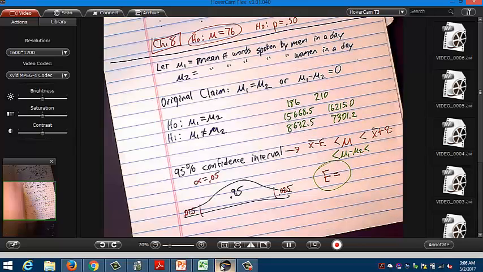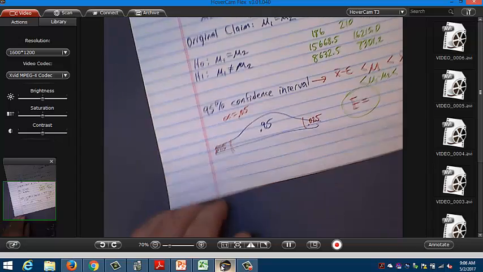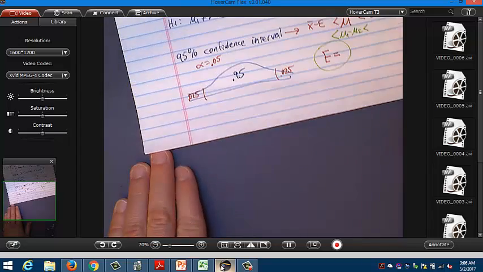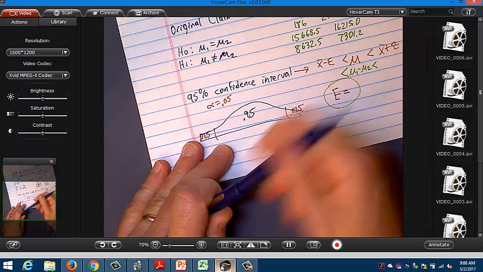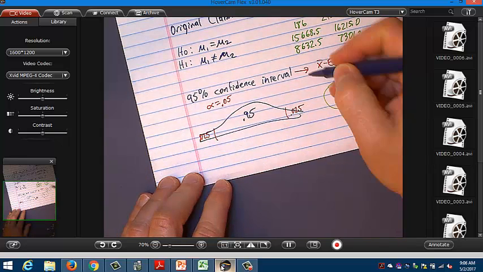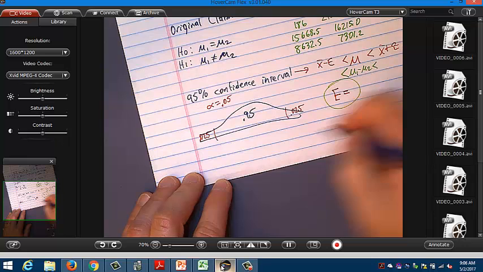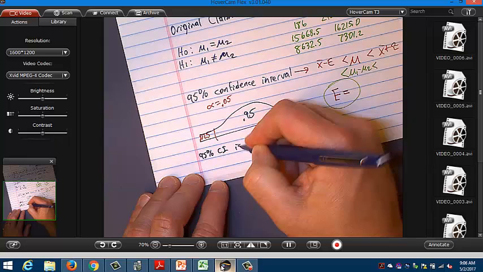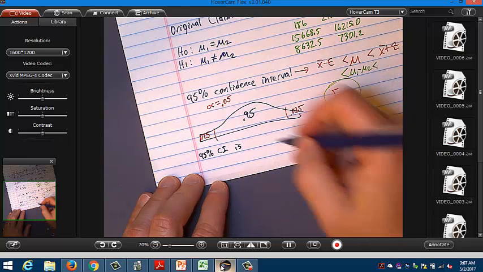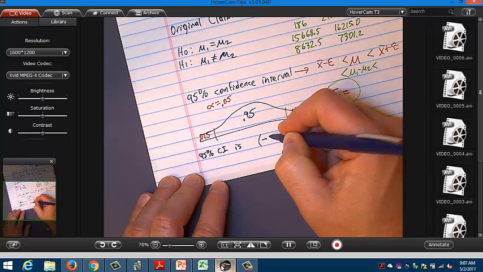I'll do it. This is the last line of the last page of notes that we have. Wow. New notebook next time. Here we go. So the 95% confidence interval, we could say our 95% confidence interval is, and it was negative